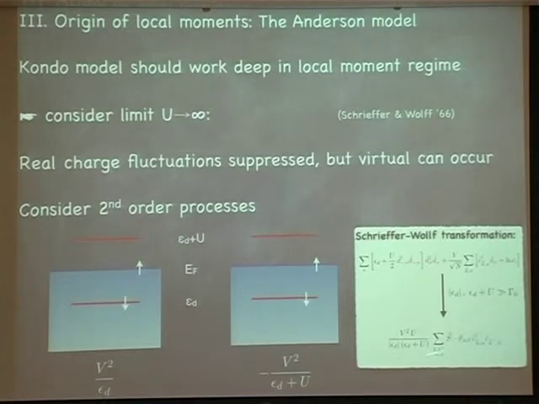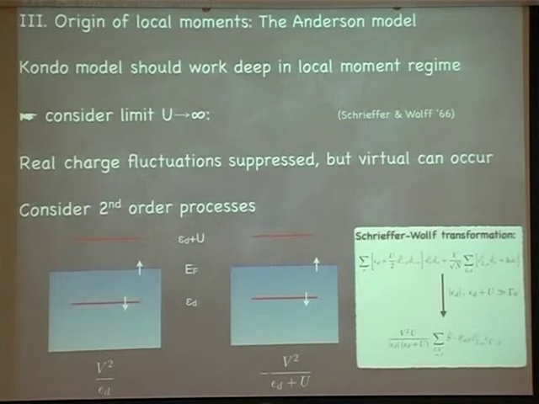Actually, that's very similar to what Antoine showed. If you only take the details, here you have V squared, and here you have 1 over epsilon D. Epsilon D is something like the interaction energy. So V is the hopping, V squared over epsilon D was the V squared over U we had in the Hubbard model. So that's the actual proof that the Anderson model in the proper limit, namely large U, localized moment, really has the physics of the Kondo model with an antiferromagnetic exchange.